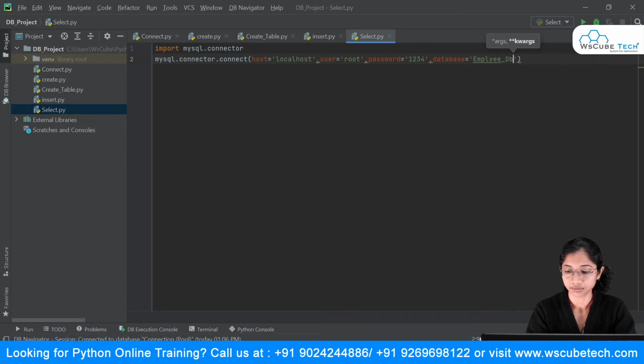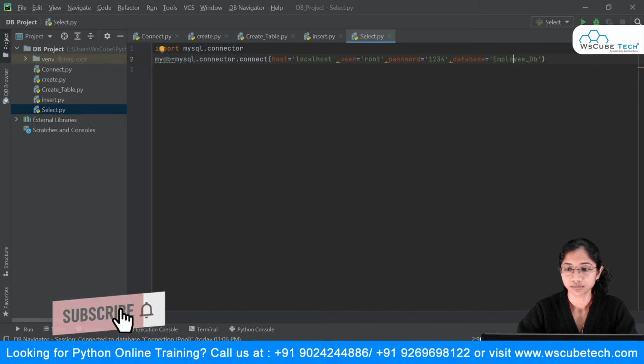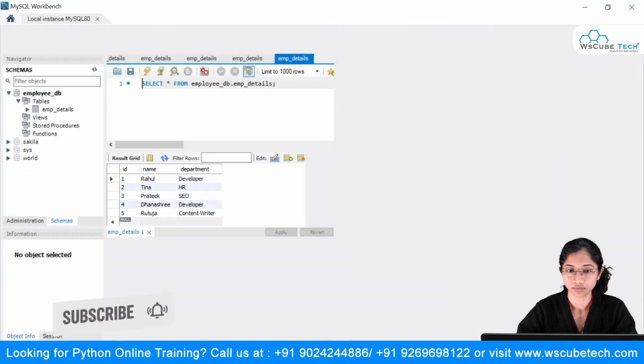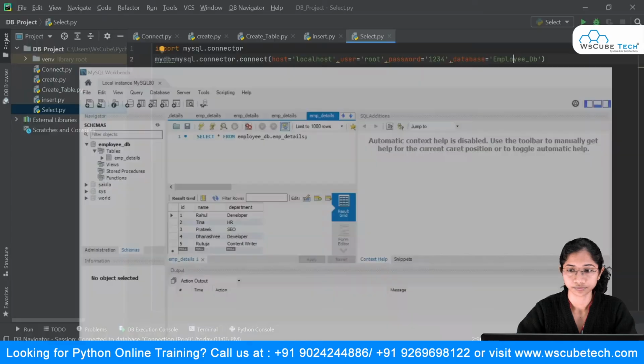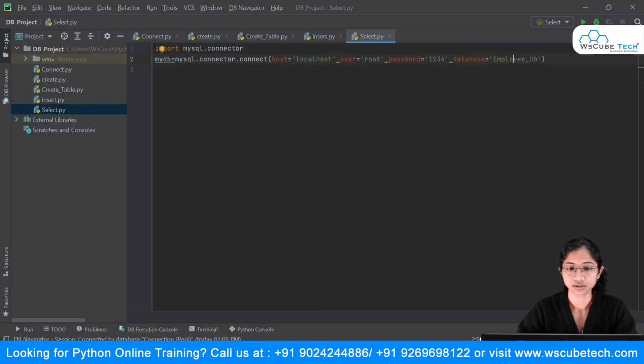That's it. So this is how we make use of this connect method. I will put this inside a variable name, mydb. Once I have established the connection with the database, this is the employee database.